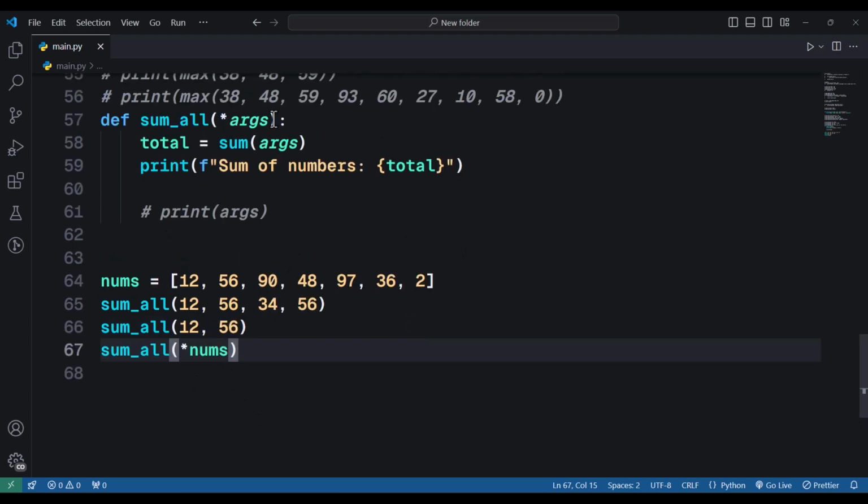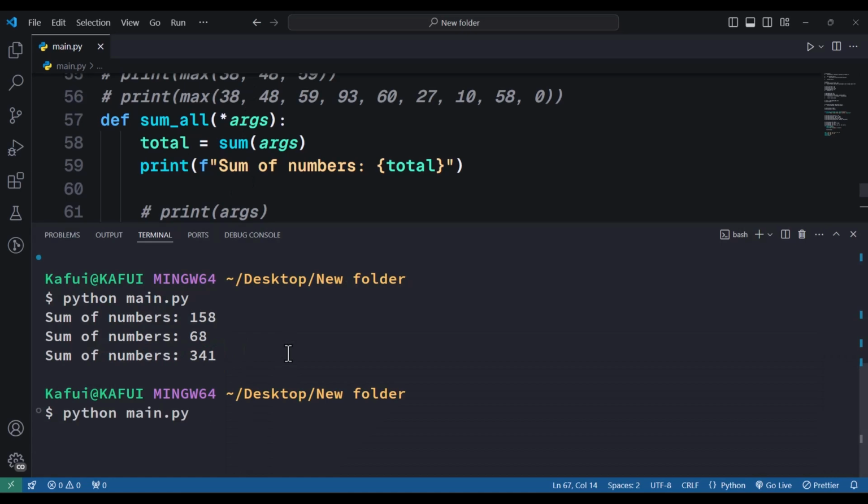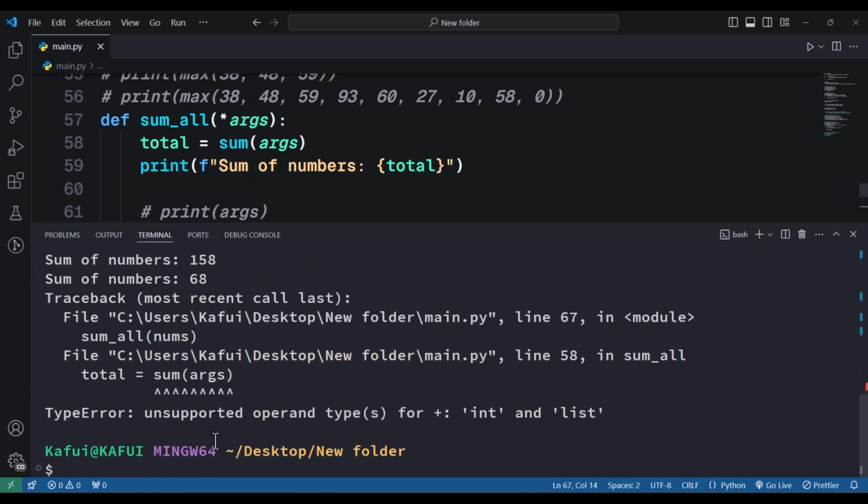values in the list to the function. So when I go ahead and remove the star, now I'm just passing a list to the function, and when I run it, we will not get the appropriate result. And you can see that we are getting